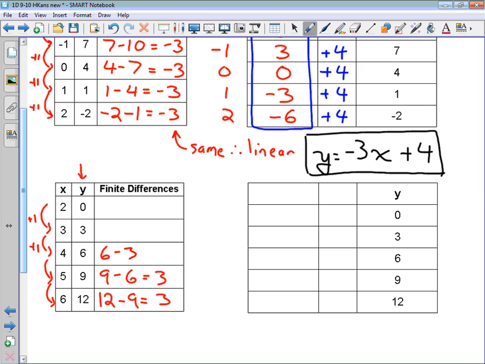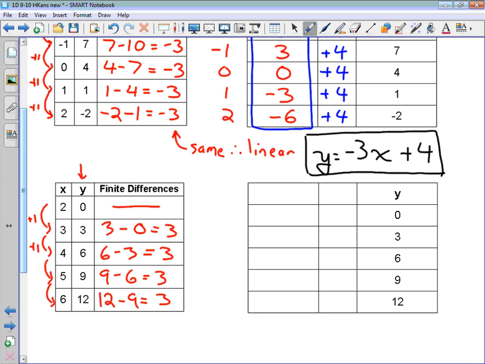6 minus 3 is 3. 3 minus 0 is 3. Okay, and we're done. Our finite differences are 3 every time, so we know we have a linear relationship. So we can go ahead and try to find our